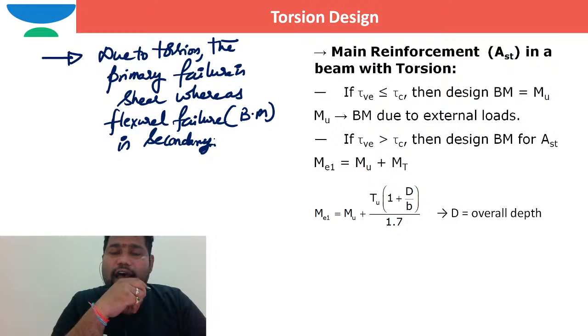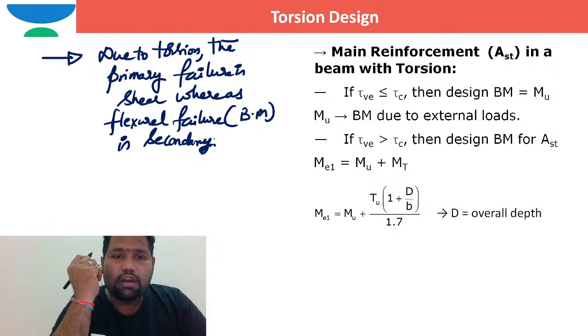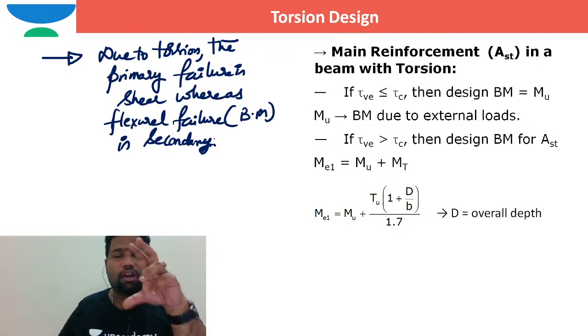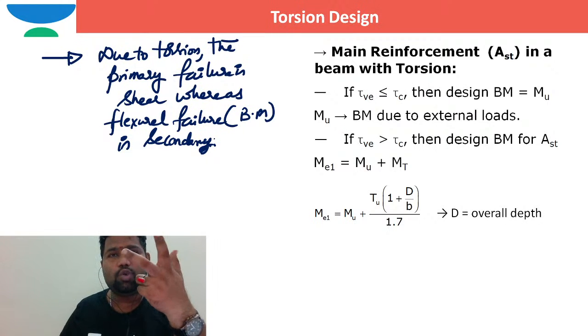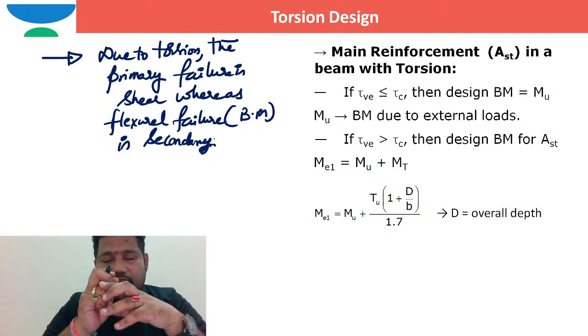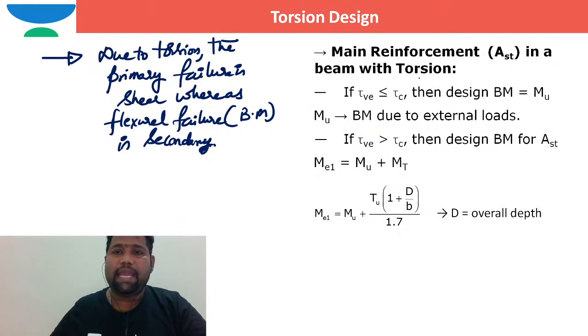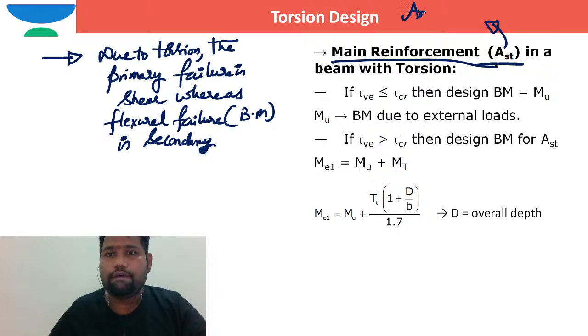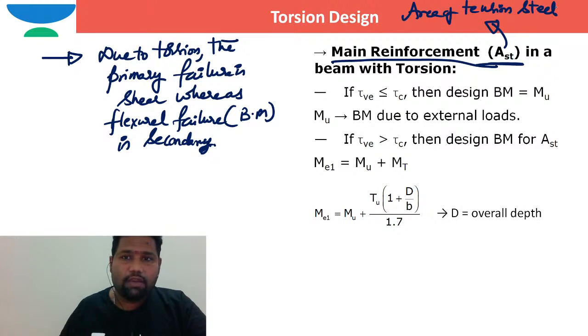Now the question is, sir, what is the increased bending moment I need to consider for the design of the cross section for flexure especially? In the design for flexure, there are two elements. One is the area of tension steel, whose design is separate, and the area of compression steel, whose design is separate. If I want to design the main reinforcement, the area of tension steel, Ast, in a beam with torsion,